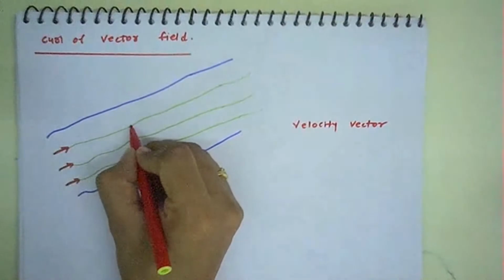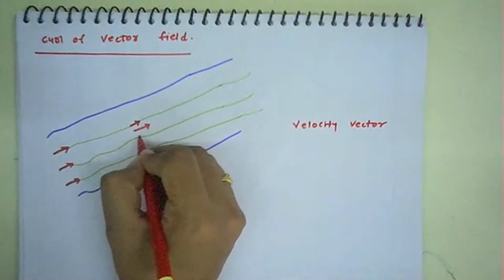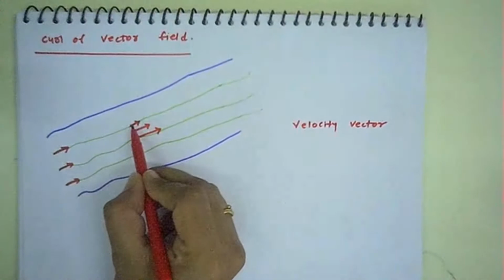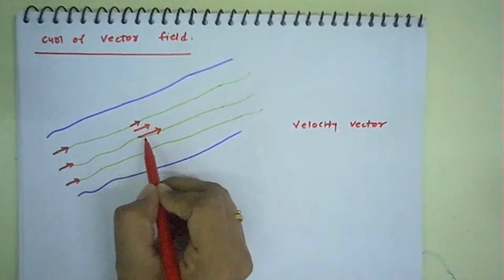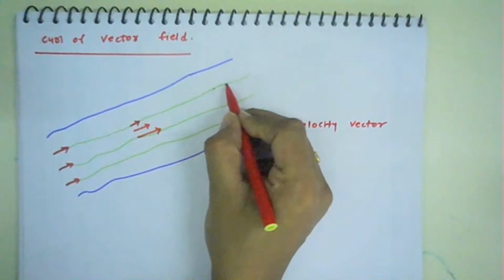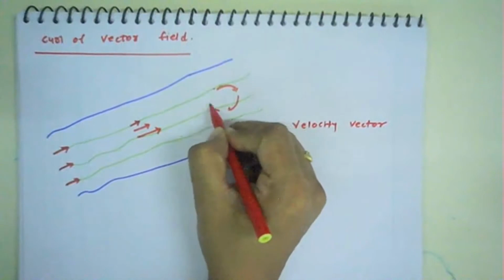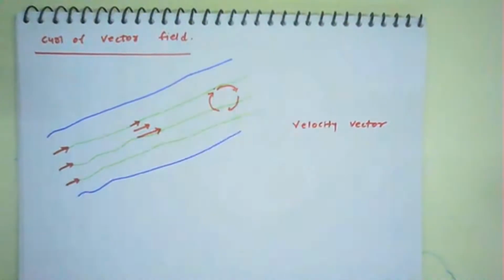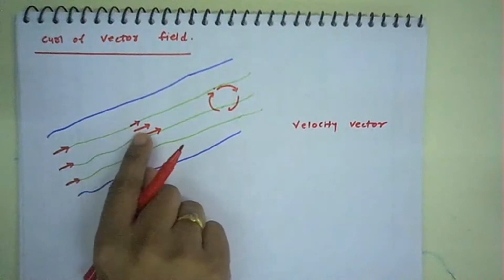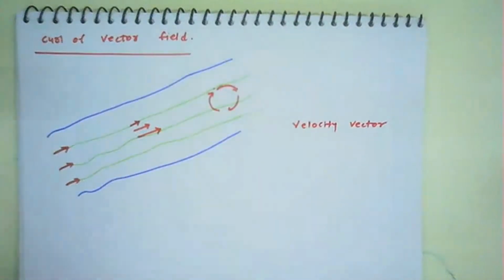Now second, here we consider the fluid, the liquid, is moving not in a uniform pattern. Here it is less, here a bit greater, and here a bit greater. In this, the fluid is not constant, but it is rotating. The fluid is moving in a rotation pattern. Here the fluid is in a constant flow. Here the velocity is increasing, and here it is moving in this particular rotation.